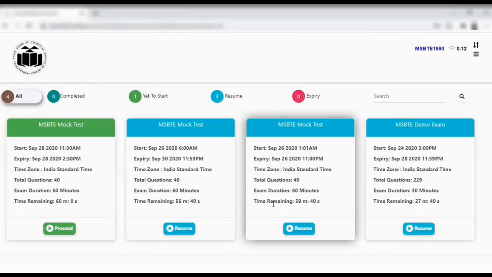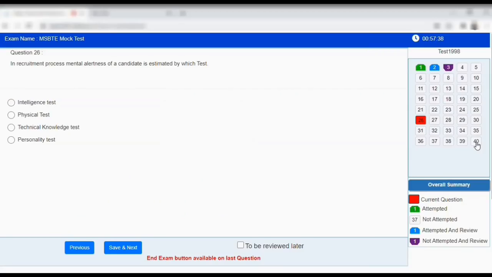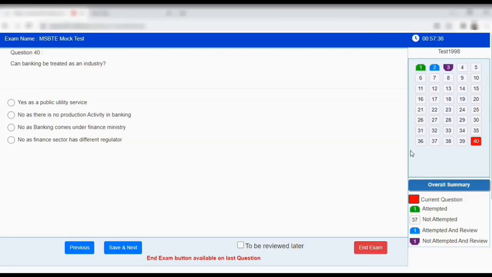In this case, once I click on the resume button, I can start the exam at the point I left. Also, my answer data will be intact there. As you can see, all the answers that I have given before are available, and I have not lost any